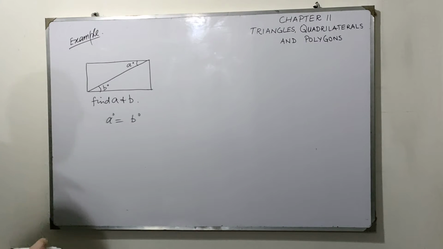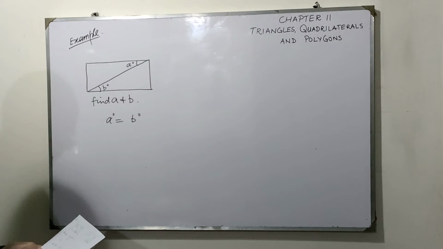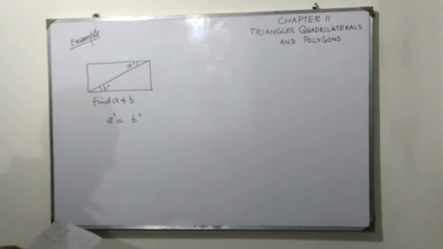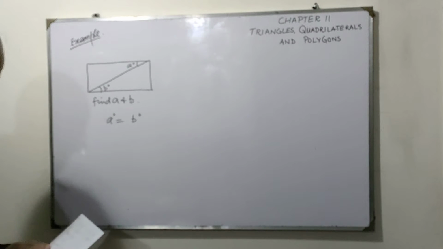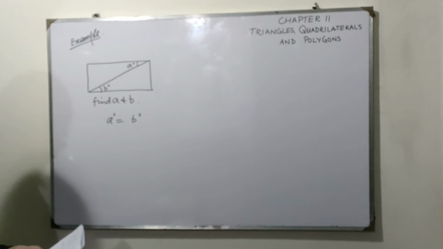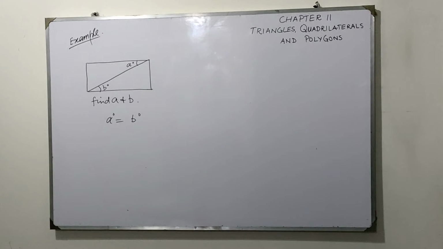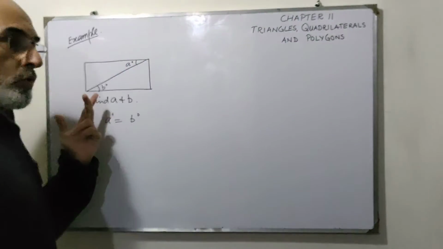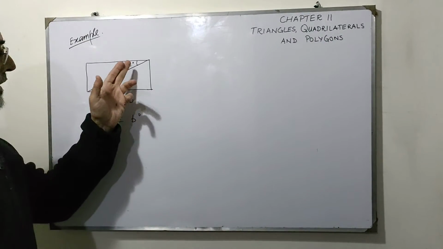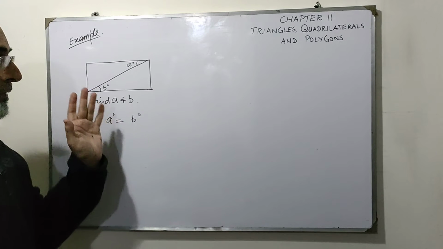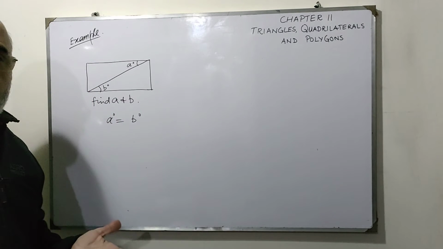If we know that, so what we can do now here, what I was saying, that A and B are equal. Now, to calculate A or B,